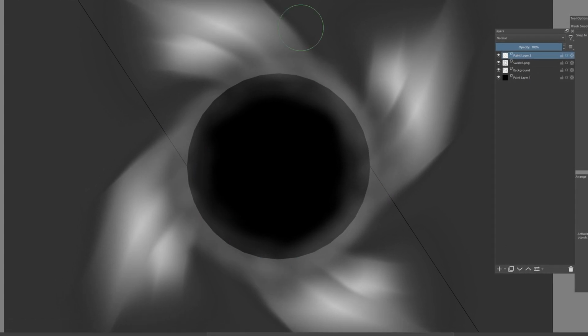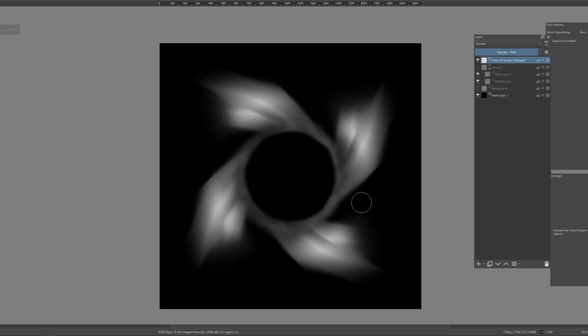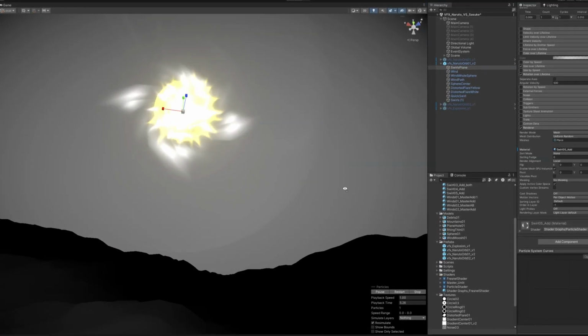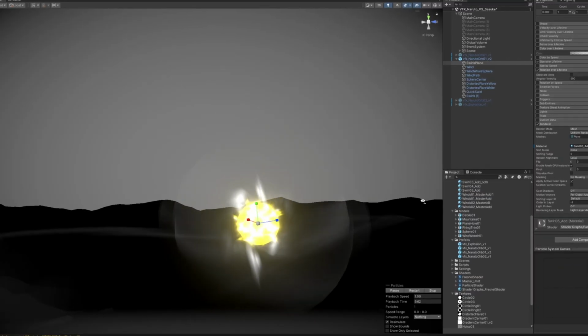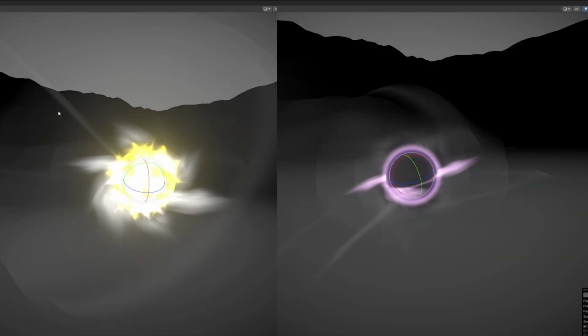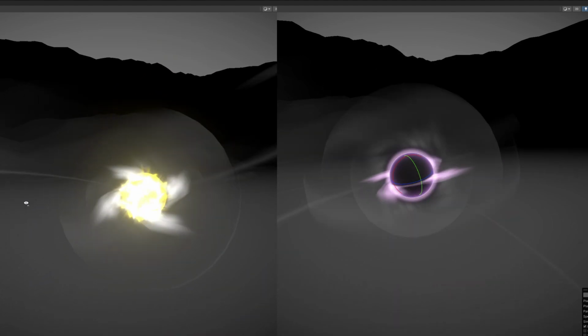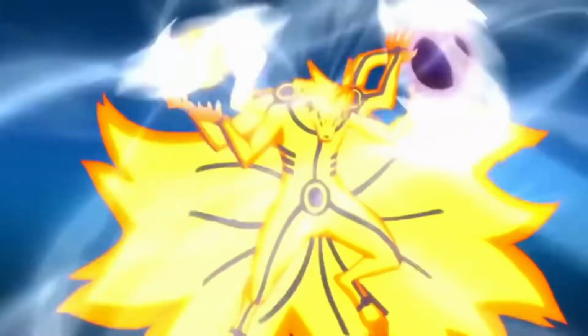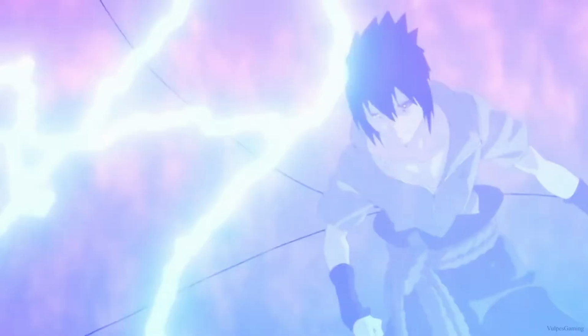I essentially ended up using my drawing table and created this texture so I could have a bright ring. Yeah, it was looking a little bit better. Once I tested in Unity, I had mixed feelings about it, but I was already spending too much time around this texture. I eventually arrived at a point where I was like, yeah, okay, this is fine, this will do just alright. So I moved on to the next effect, which was not the electricity, not the arrow from Sasuke,